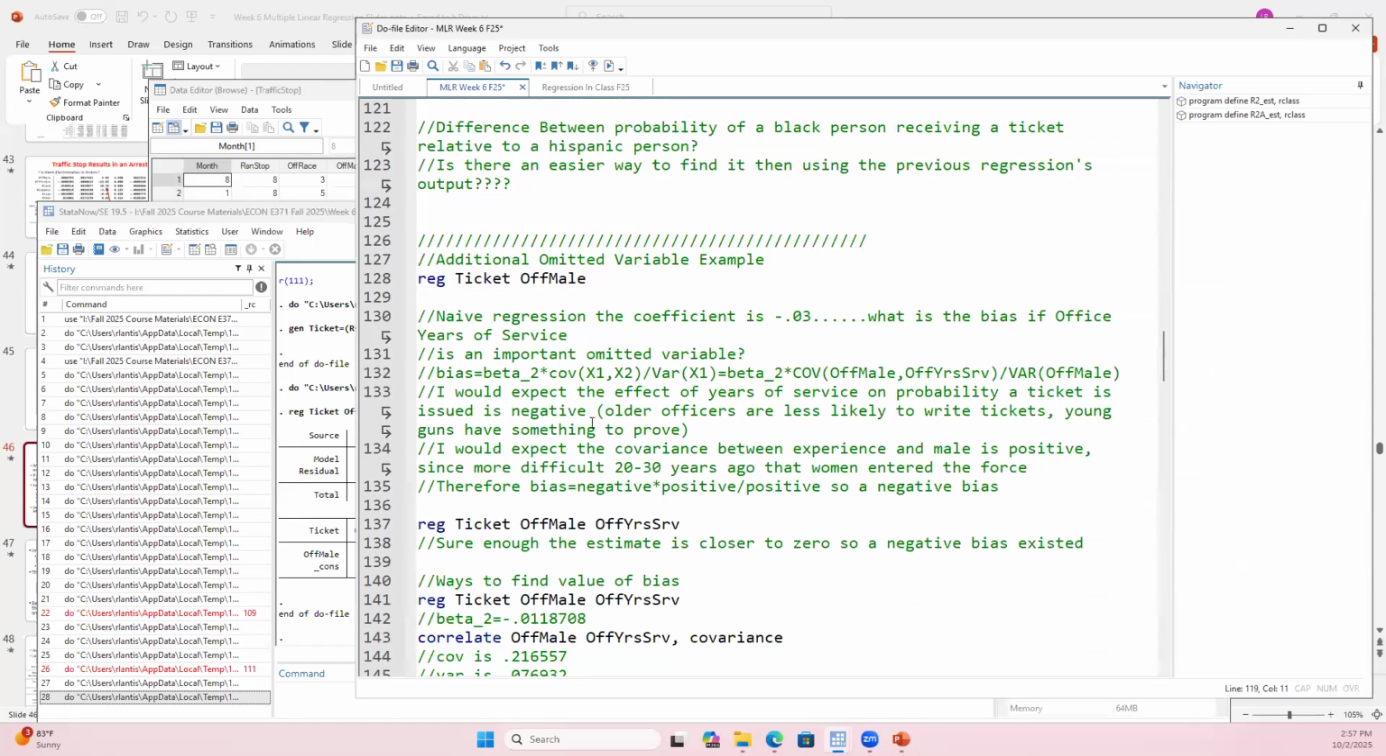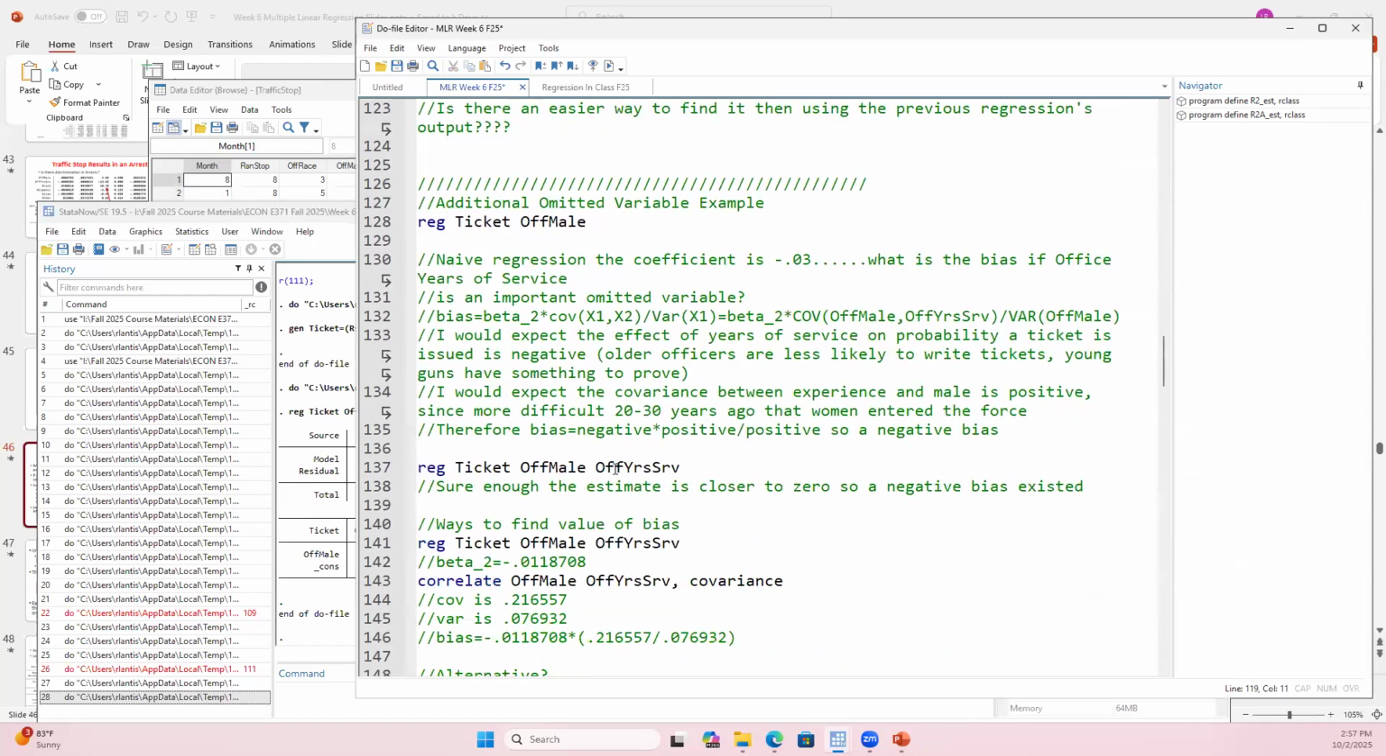Right? So if I'm thinking through this, let's say I've got my officer's years of service. Okay. So I ran this very naive regression. So I'm trying to get us some practice with the omitted variable problems because I know that they're going to pop up on the quiz and also the exam. So I was trying to predict whether or not a ticket was issued